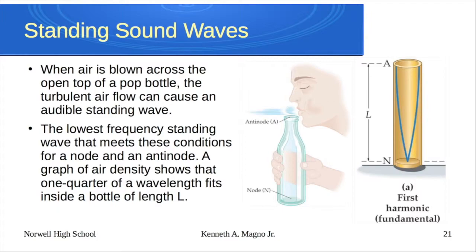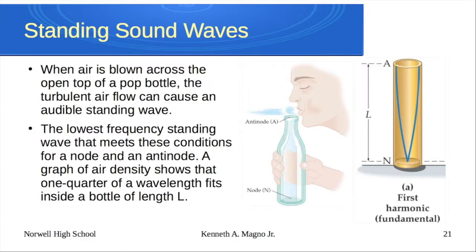Standing waves. Okay, we've already talked about standing waves in strings, but what about in air columns? Well, the most simple form of it is if I blew across the top of a soda bottle, a closed tube situation. What will happen is at the end where it's closed off, I have a node form. The end where it's open, though, because I'm moving the air rapidly, I get an antinode.